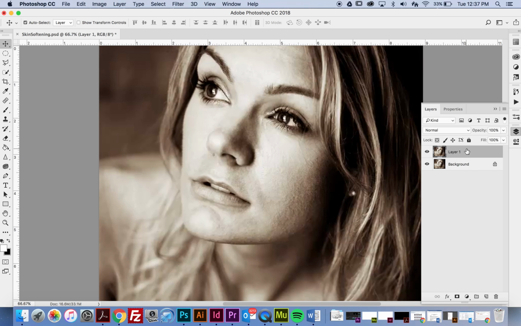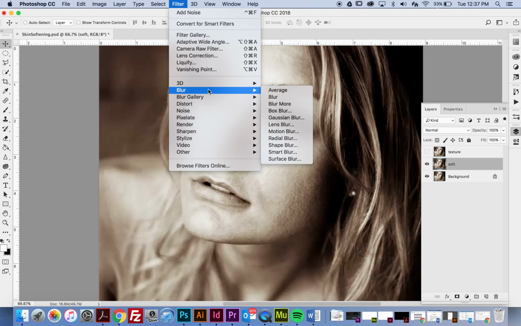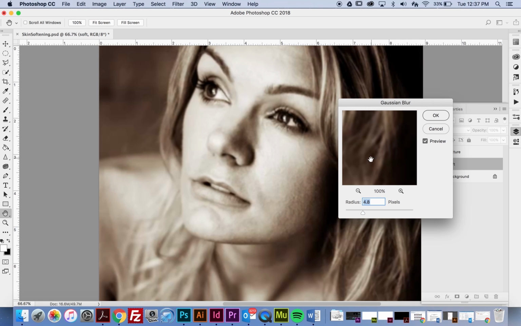So Command J, Command J. The very first one I'm going to call soft, and the second layer I'm going to call texture. For right now, I'm just going to turn off the texture layer and work on this soft layer. With the soft layer selected, I'm going to go to filter, then blur, and add a Gaussian blur. With the little hand, I can click and drag to an area of her skin, and we can see how